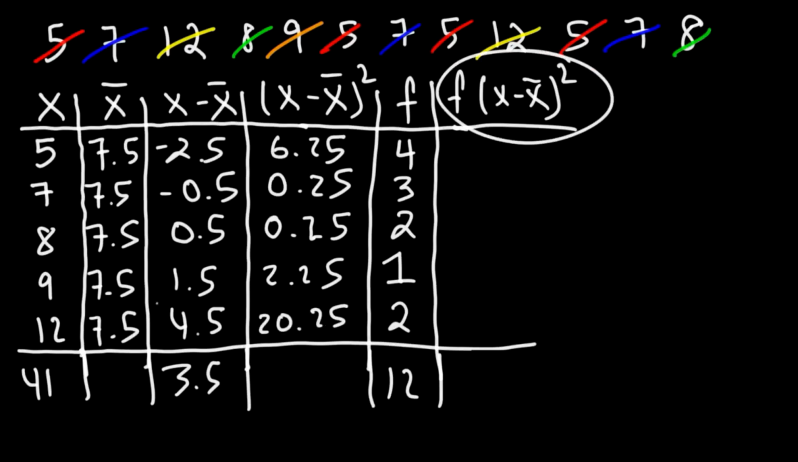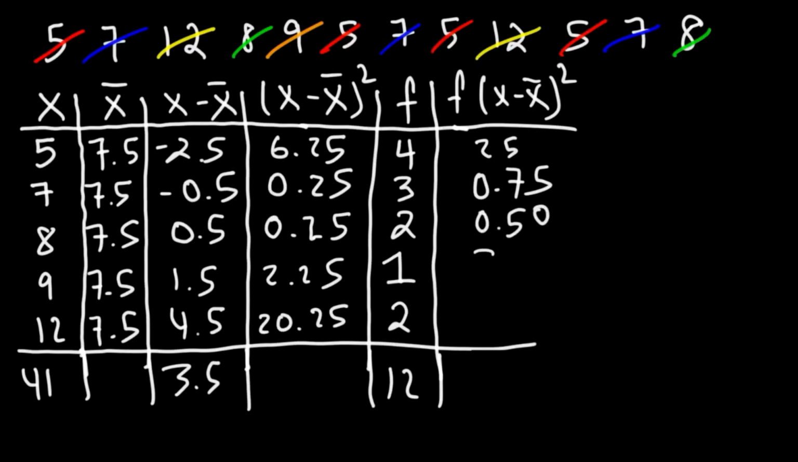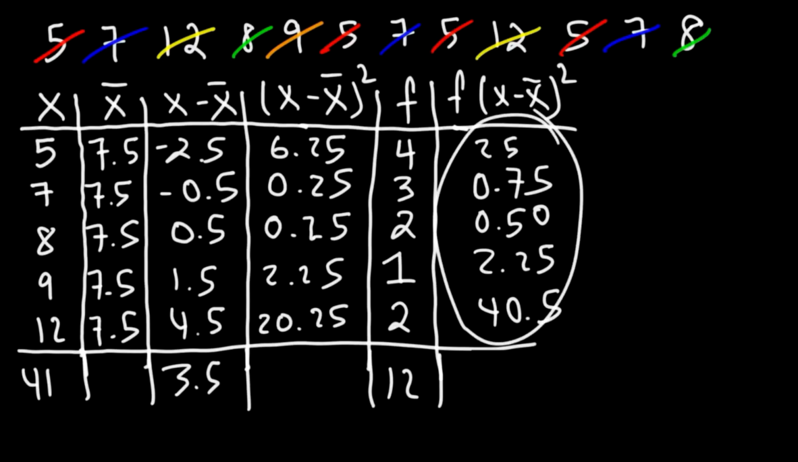You need to multiply the frequency by the square of the deviation. 6.25 times 4 is equal to 25. 0.25 times 3 is equal to 0.75. 0.25 times 2 is equal to 0.50. 2.25 times 1 is equal to 2.25. 20.25 times 2 is equal to 40.5. Now we need to take the sum of the last column of the data, and the sum is equal to